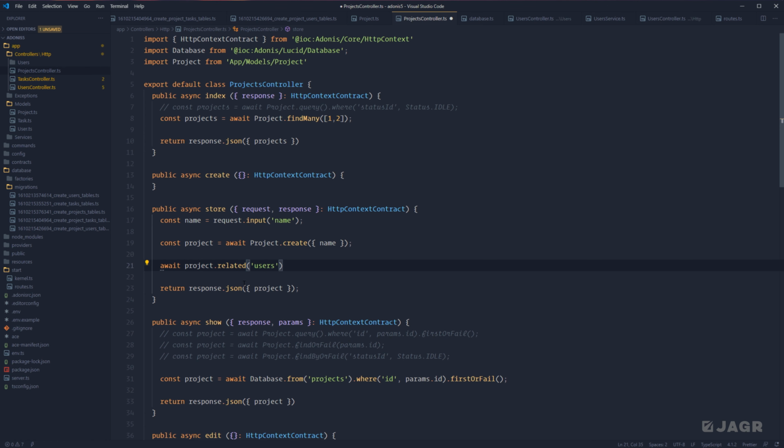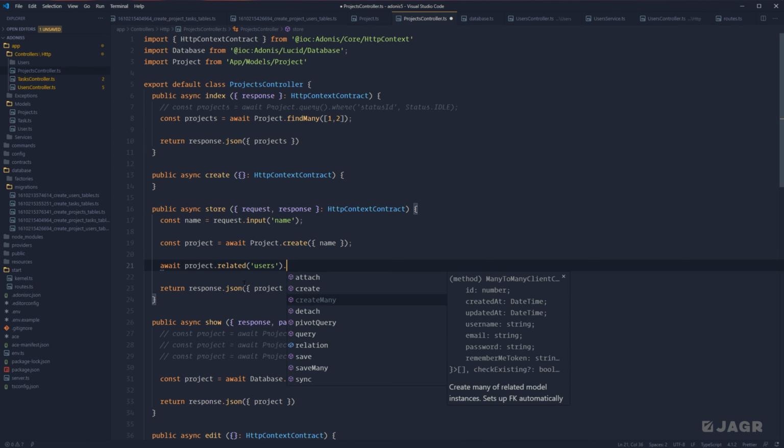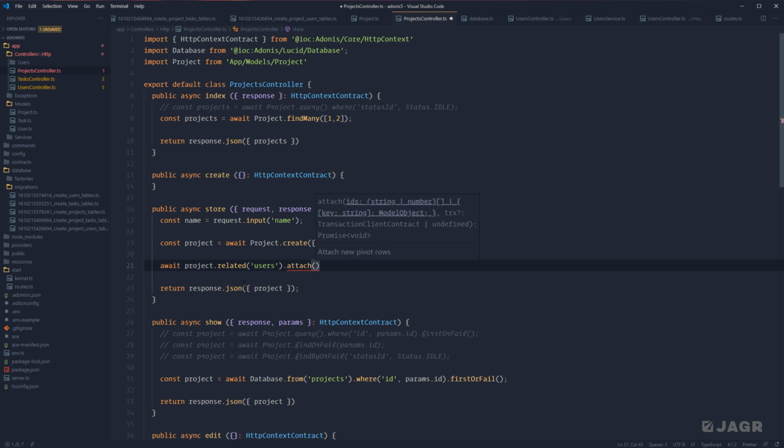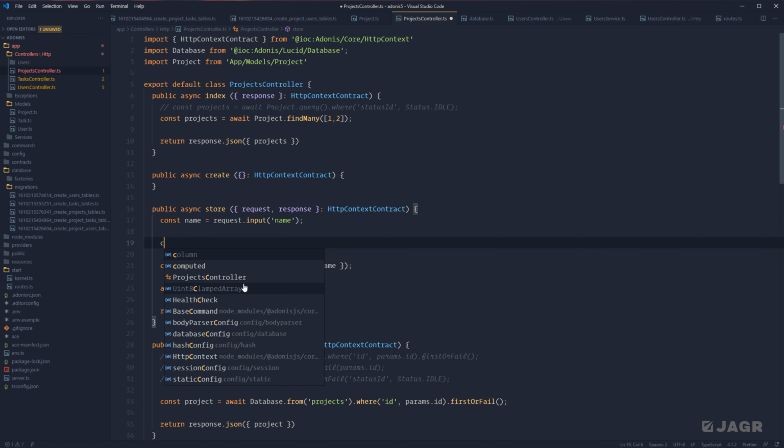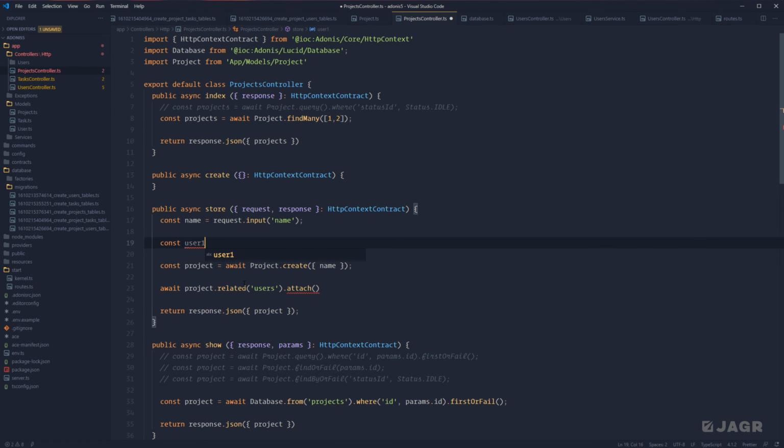And then next, in order to attach a new record through this relationship, we can call a method called attach. Now attach accepts two different argument types. It can either accept an array of IDs or an object where the IDs are the keys. Before we dive into that, let's grab the two test users that we created just a moment ago. So let's do const user1 equals await